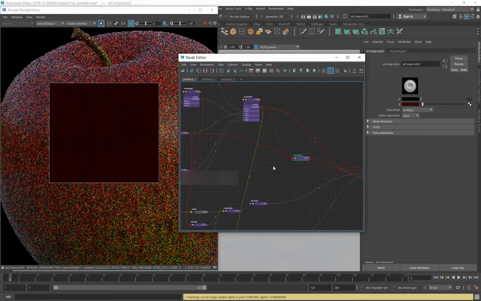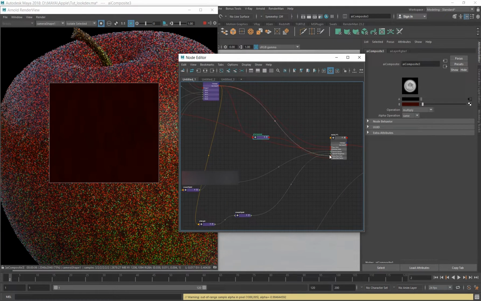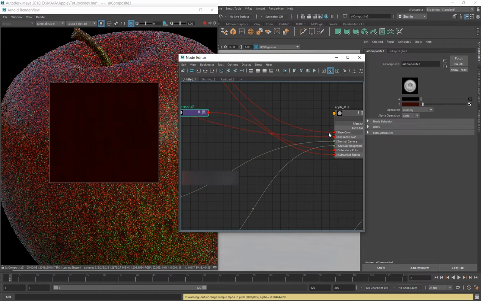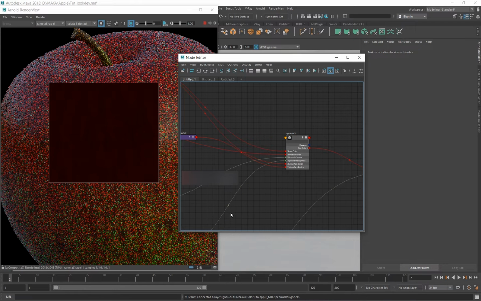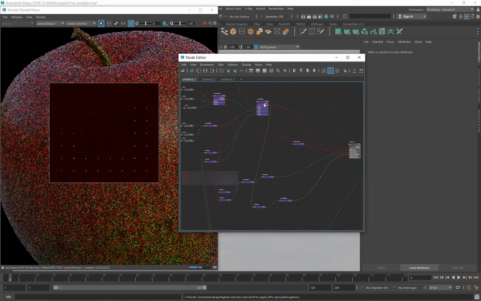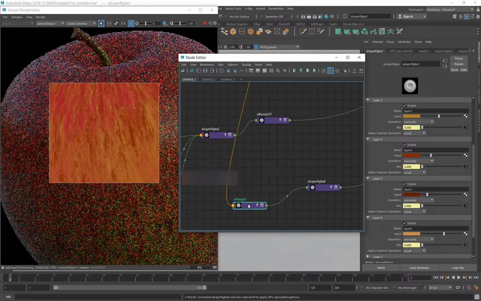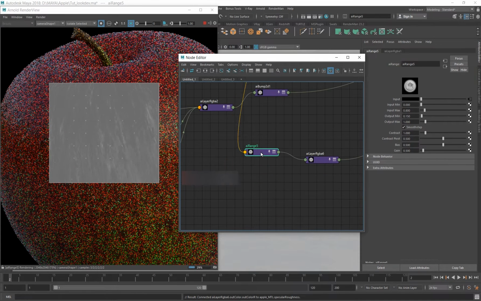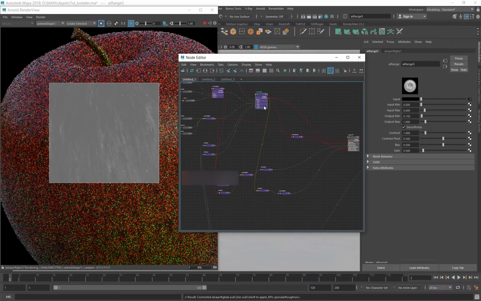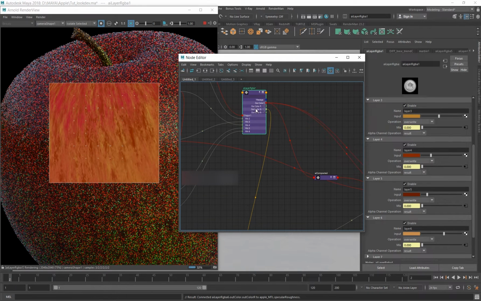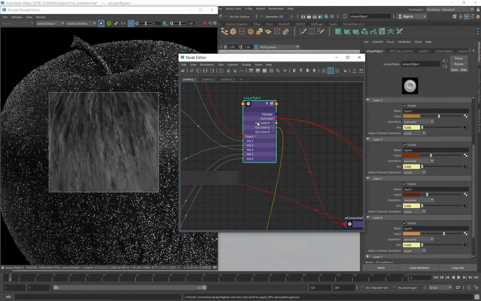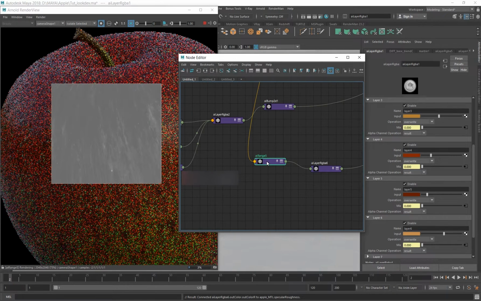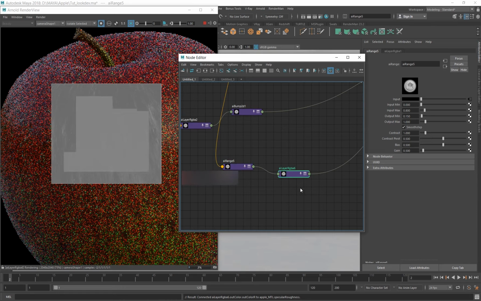So the next thing is specular roughness. If you see the specular roughness map, the same overall diffuse color, I am grading with the AI range, and I am only taking the green channel of my layer RGB of the diffuse, and grading it with the AI range.